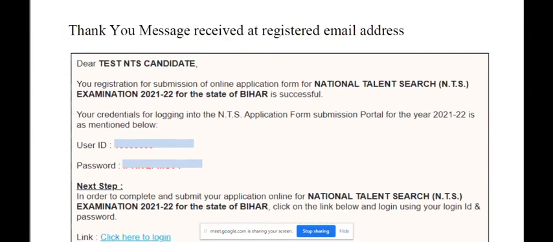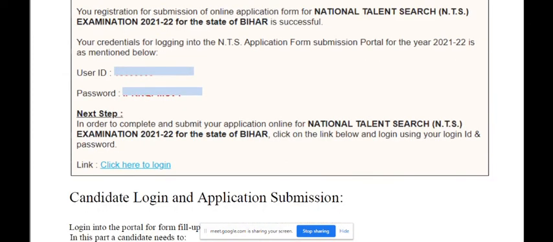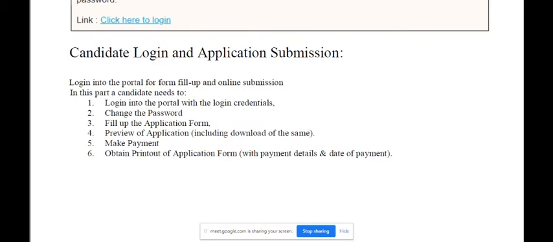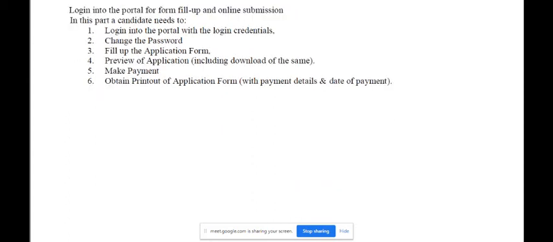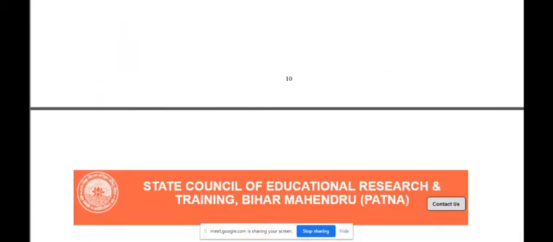After that you will get a message on your mobile phone and also an email. In both places you will receive a confirmation. Then we have to log in again, and after that we will fill the remaining parts of this process, that is filling the application, previewing the application, and then making payment.